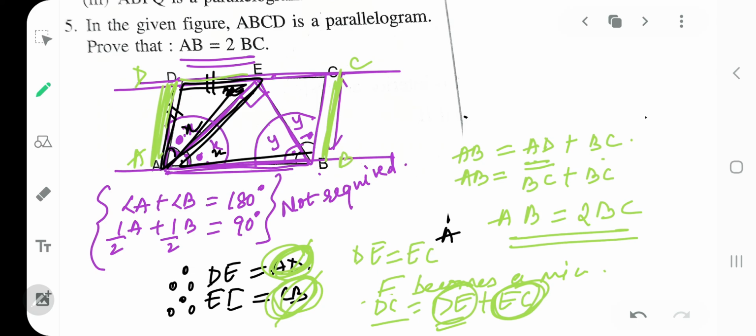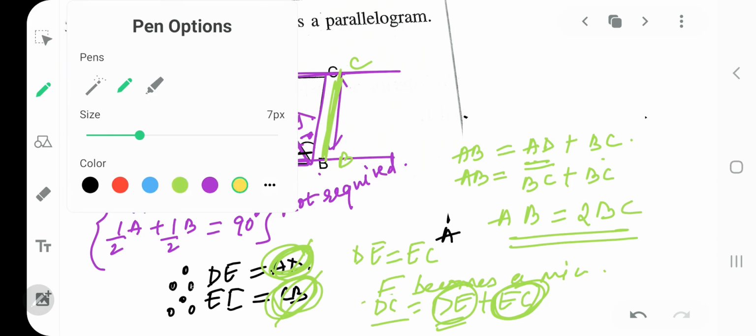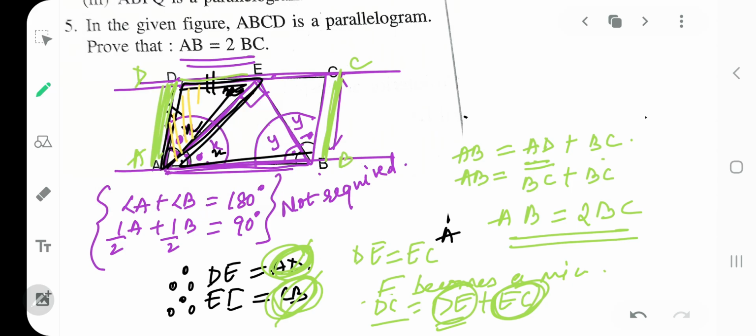Yes. So first you have to prove the two triangles, I'll mark them yellow, this triangle to be an isosceles triangle and this triangle to be an isosceles triangle. From there you will start that AD is equal to DE and BC is equal to EC. Then AD and BC are equal to each other. Therefore E becomes a midpoint, that is DE is equal to EC. Got my point clear? So from here you can just note this down and you will get the final required answer.